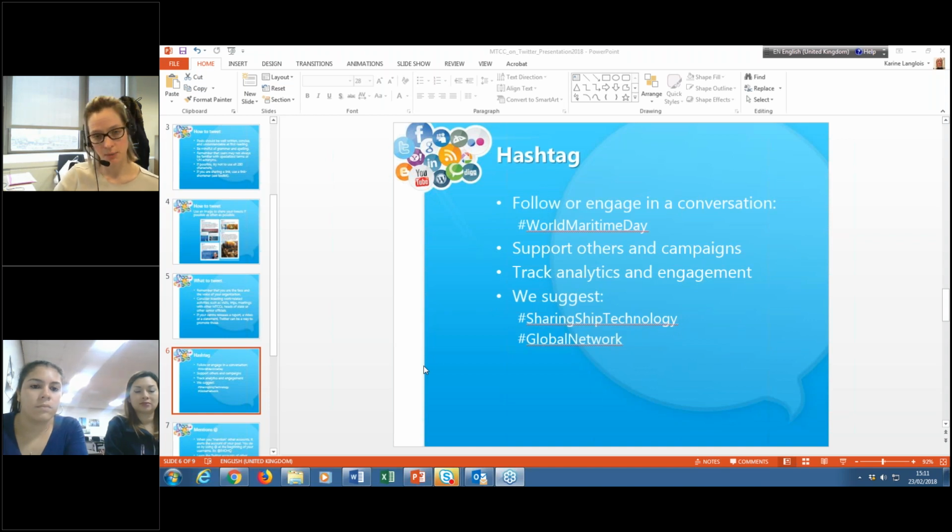And the second and very important function, and that's maybe a little bit too much for you at this stage, but later in the future, with a hashtag, it allows you to track and analyze the engagement. Let's say at one point you decide you have a big event or a launch, and you decide to create a hashtag called